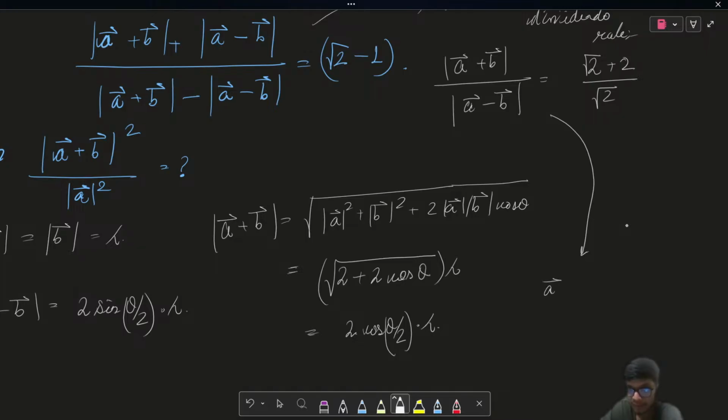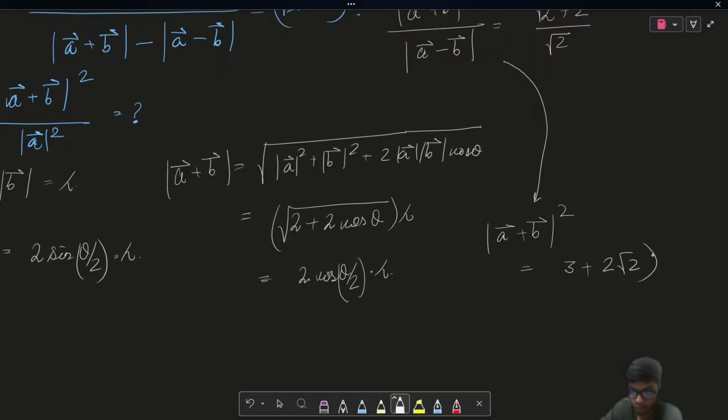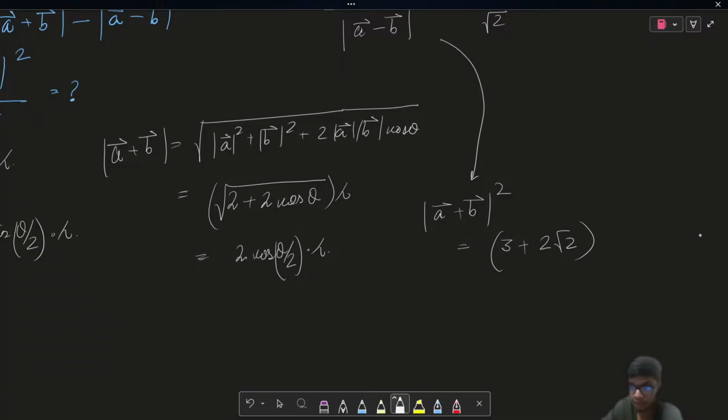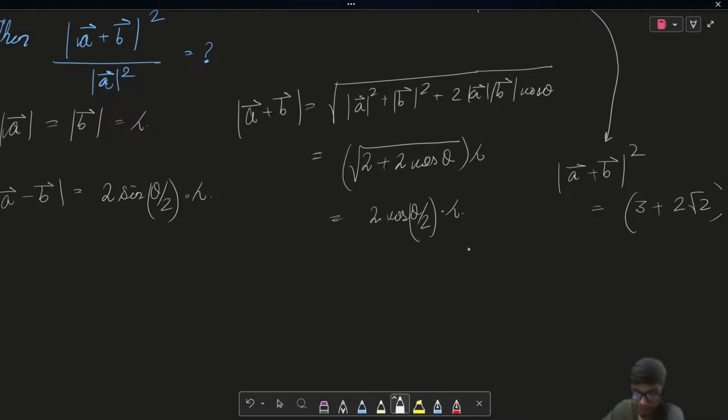So what I will see is that the square of mod of A vector plus B vector is equal to 3 plus 2 root 2 times mod of A vector minus B vector and whole square. So over here, we already know the formula, so I can remove that whole square thing and I can evaluate the formula itself. So from there, if you evaluate, the interesting result you will get is